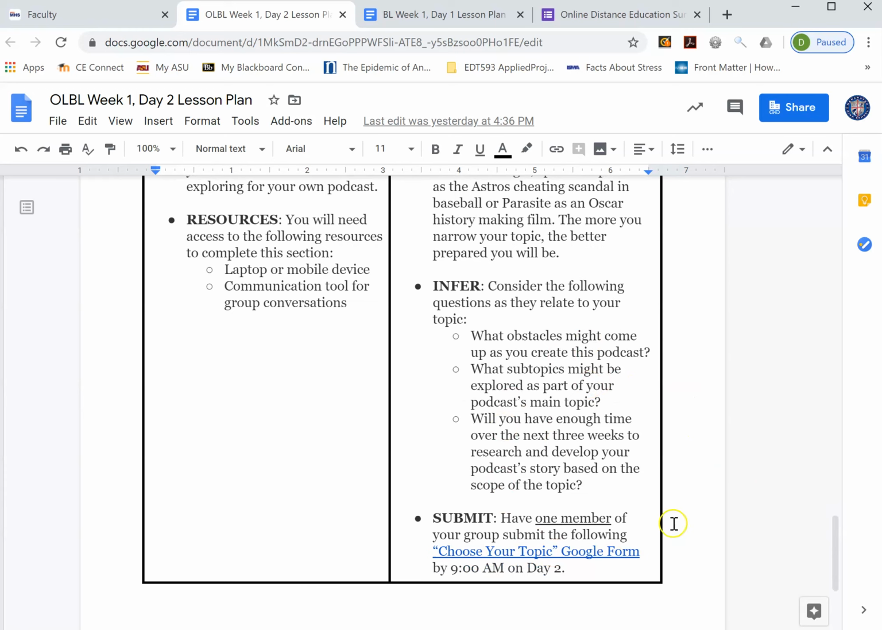And you're going to then consider what obstacles you may face. What are the obstacles in creating this podcast? What are the subtopics that are a part of it? And do you have enough time to research that? And then you're going to have one member of the group submit the Choose Your Topic Google form. You'll click on that and follow through all